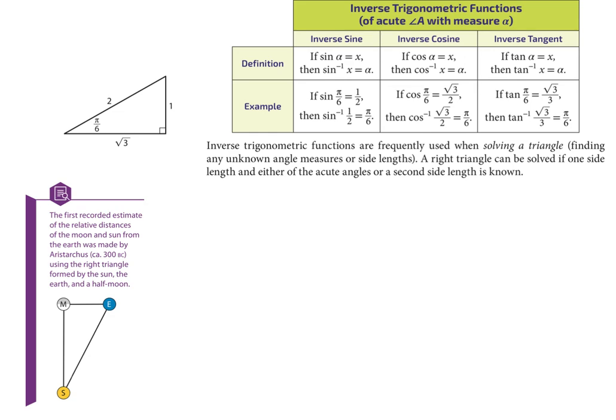I want to talk about inverse trig functions because sometimes when you're talking about inverse, you're going to talk about your reciprocal, but that's not what we're talking about. Reciprocal functions are like sine compared to cosecant. Inverse functions is when you're trying to find the angle. So on your calculator, you have your sine, cosine, and tangent. That's when you're trying to find the ratio, okay? Above it, you see sine to the -1, cosine to the -1, tangent to the -1. That is not your reciprocal function. That is your inverse function, which actually means you have your trig function and you want to find your angle,